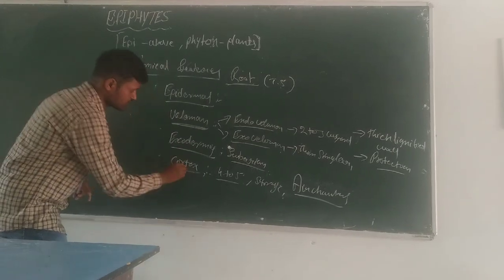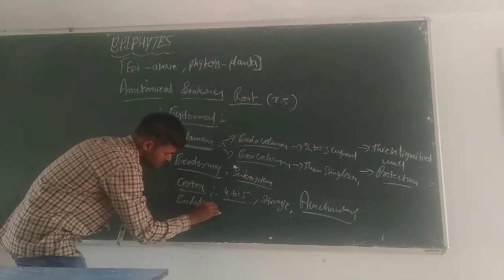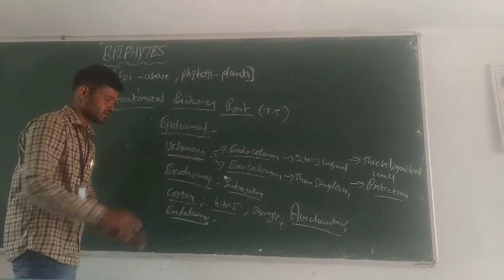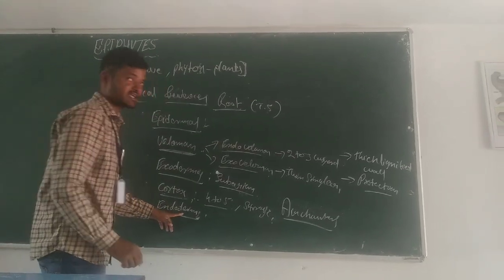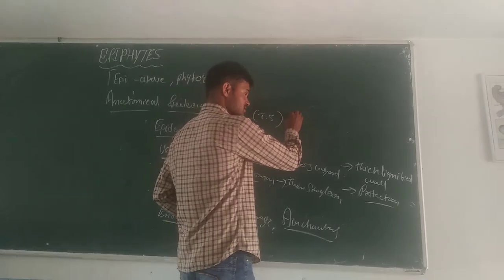Next, another one below the cortex, the endodermis. The endodermis is in a single layer, and it is also helpful for protection of the stele region, and the pericycle is also present. This pericycle is made by mesenchymal cells, and another one